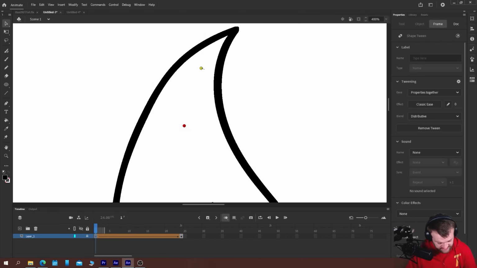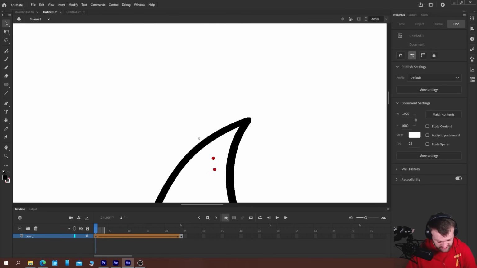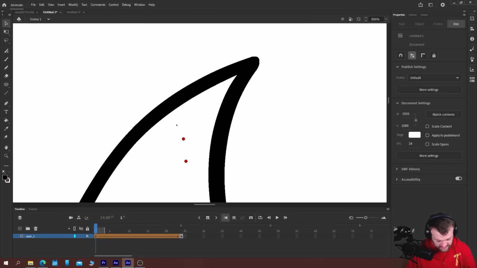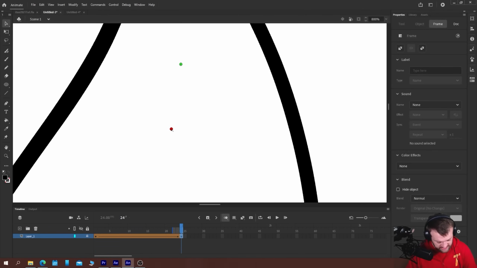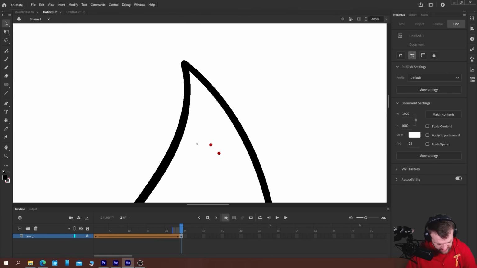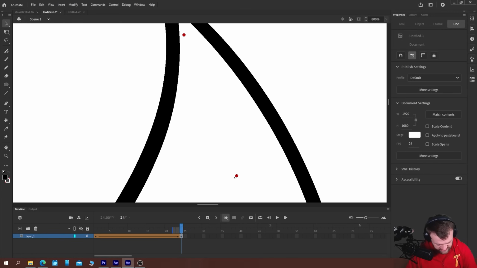Basically, you want to place these shape hints wherever your shape is messing up. And they work as kind of like pins that keep that element in place. So if I were to place a shape hint at the top and bottom of this stroke here where the corner is messing up, and then went over to my last keyframe and moved those shape hints into the same place,